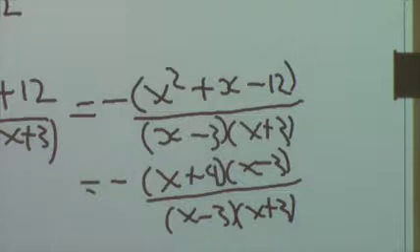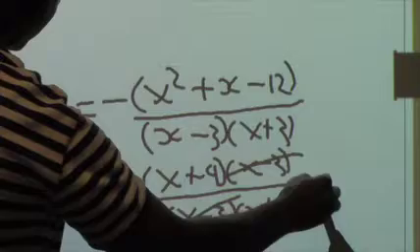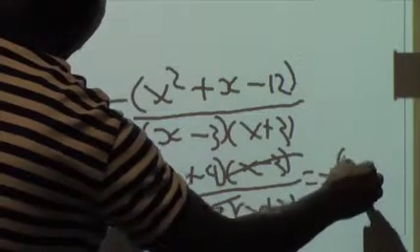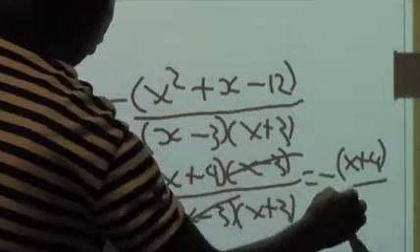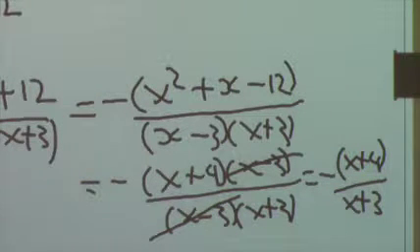So seeing here, we see that x minus 3 is in the denominator, x minus 3 is in the numerator. They're going to cancel, so we're going to be left with basically negative x plus 4 over x plus 3, and then we are done. Now let's go